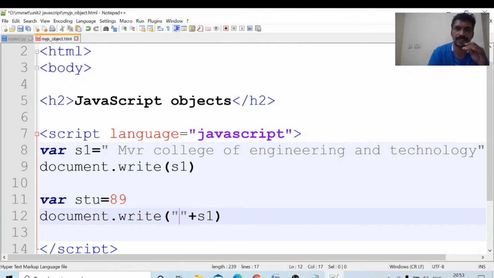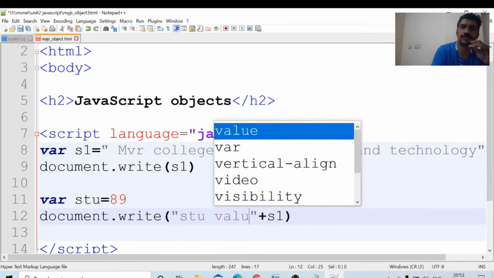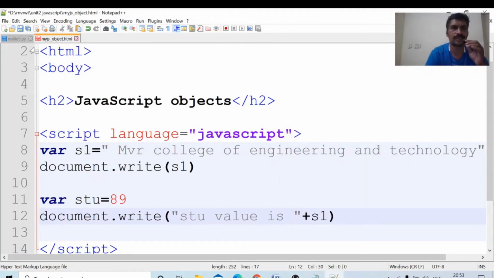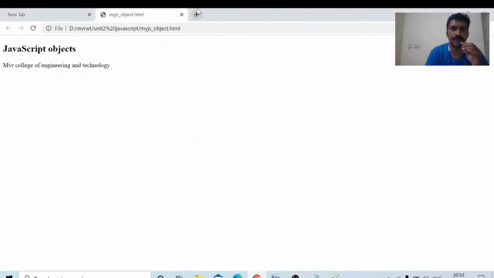In Python you would write a comma, but here in JavaScript it is plus. STU value is, we will check whether it will work or not. I have kept the value 89. Open the file, open the browser, my JS object.html.